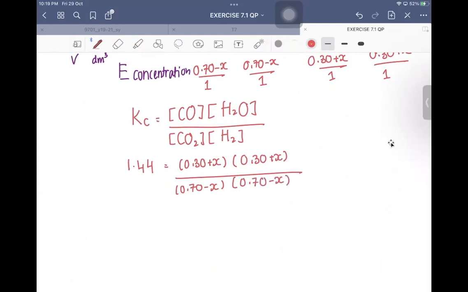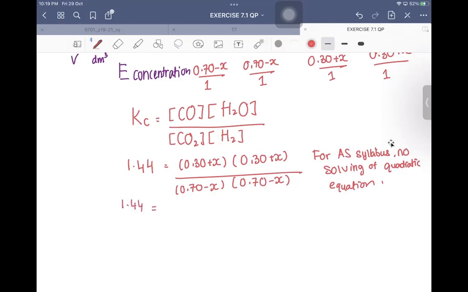Now, for your syllabus, you do not have to solve quadratic equation. No solving of quadratic equation. So do not open the brackets. If this kind of question comes out, I can assure you that the numbers will be nice. That means,